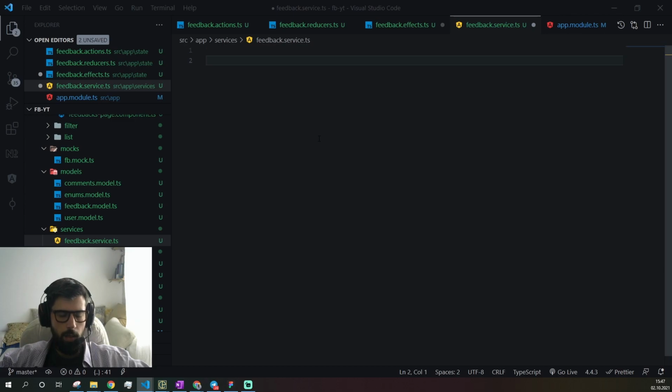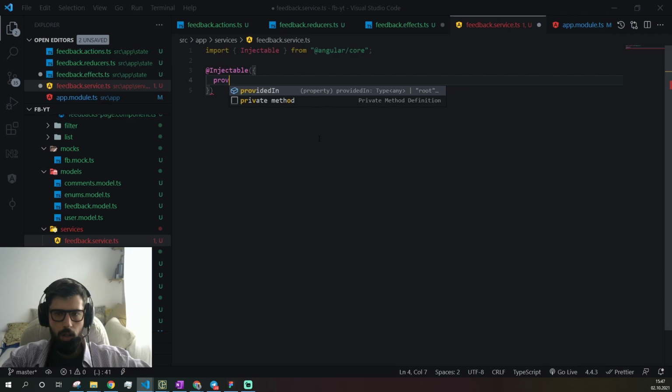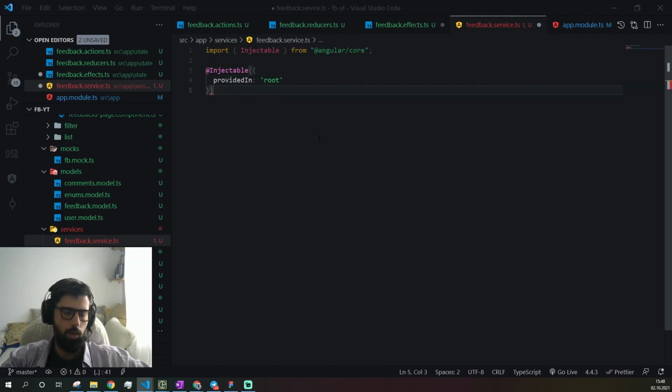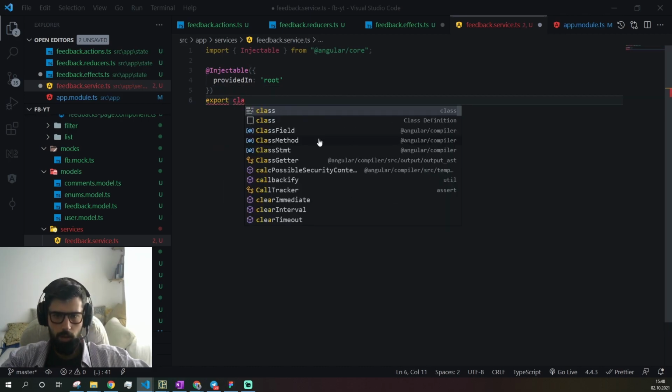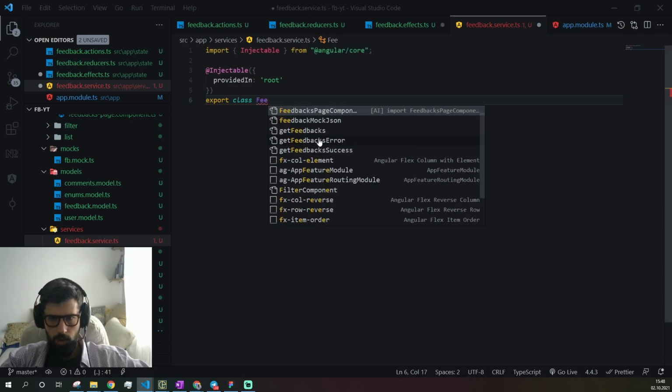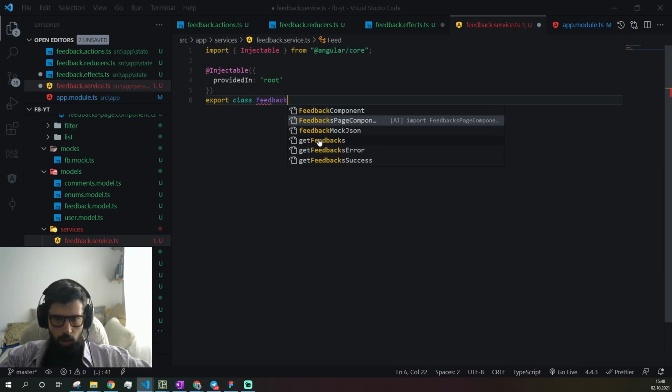Basically, the service is also injectable, and because we have only one module here, we're gonna provide this on root level, but it's also possible to provide it for feature level, so only to some module, and also to the components. And here we're gonna export class feedback service,